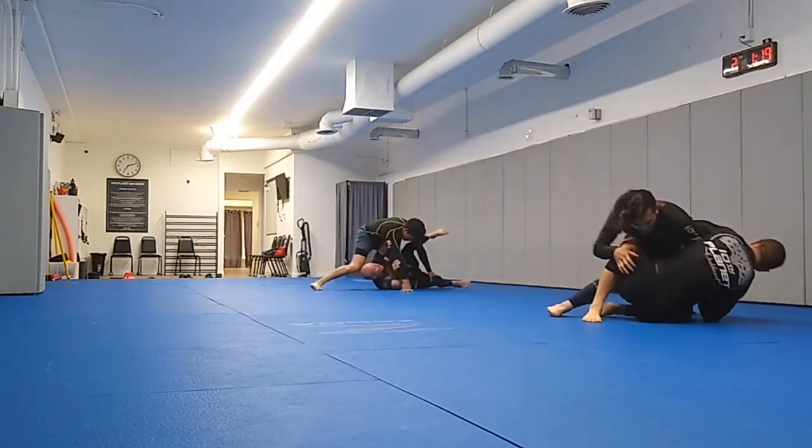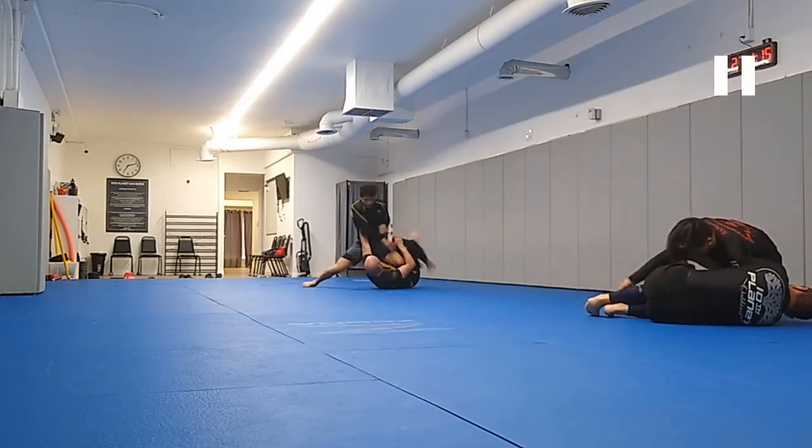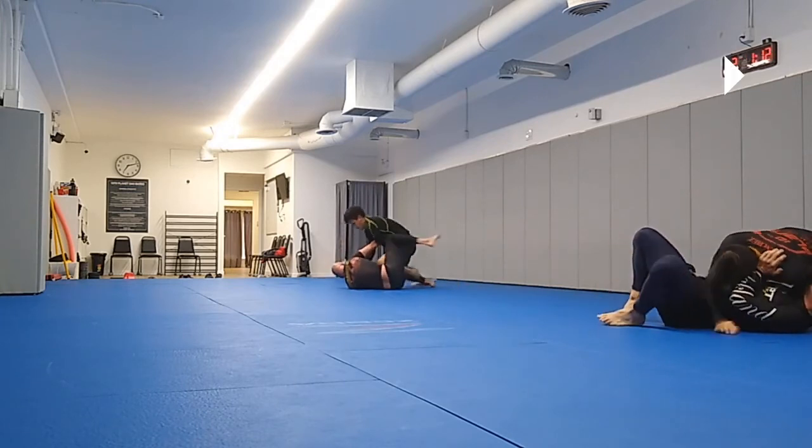So we start again, away from the wall. I get my right leg out. I wish we weren't so close to the wall because anytime you reset, especially in training, I'm not paying too close attention. If they want the position again, I guess here we reset with my leg already free, and maybe that wasn't the most fair representation. But my leg is free, and